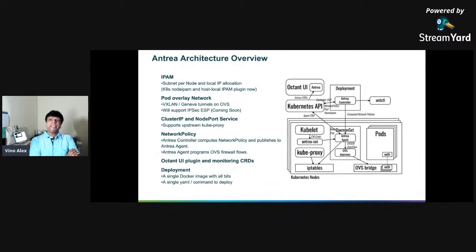So this is the architecture view of Project Antrea. It's slightly high level, but this illustration provides the internal details of Project Antrea.